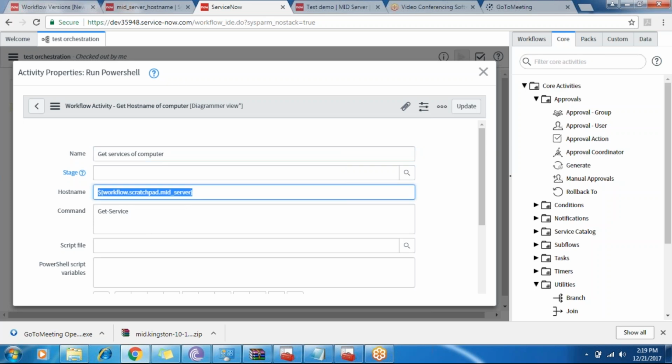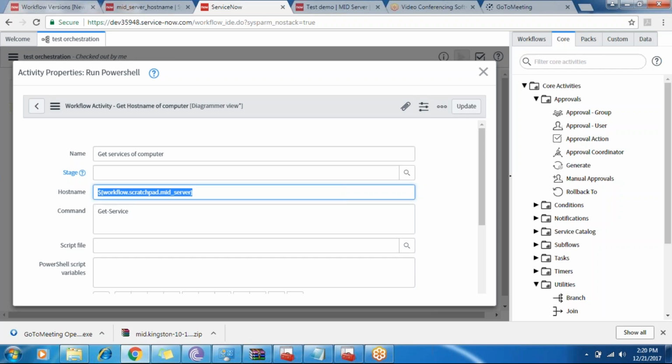The host name value is being passed here. In the first activity, I fetched the value from the system property, the IP address of the machine. So the host name should be populated in order to have this workflow run. Otherwise, it won't be populated, because that is the only way we are calling our MID server. So here the MID server name is not being passed.